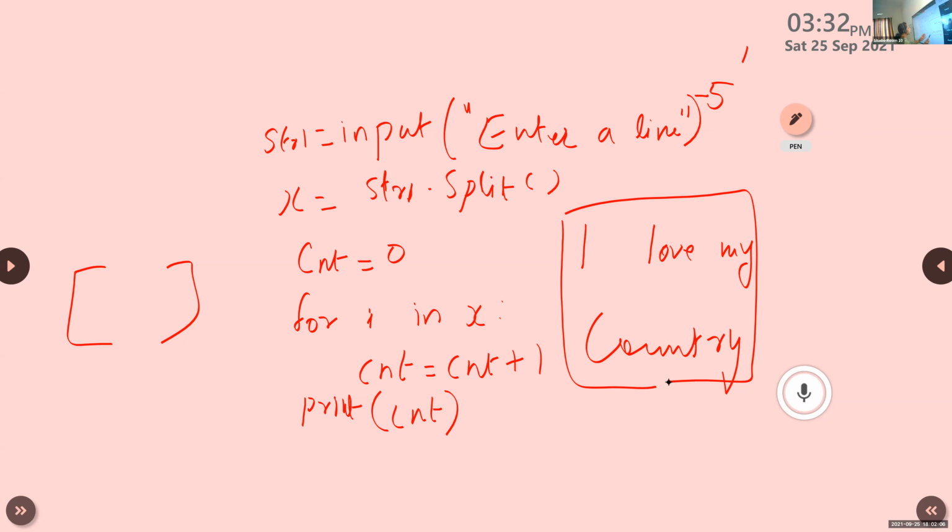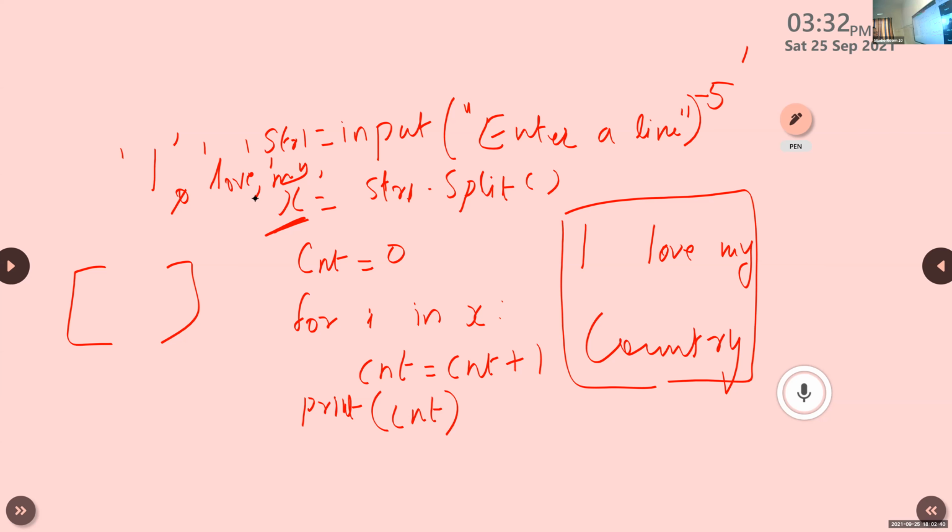And it will copy that string content, in the form of words, into X. So here the content of X is I, then love, then my, then country. So after executing string1.split with empty brackets, the content of X is 4 words, that is, I love my country.